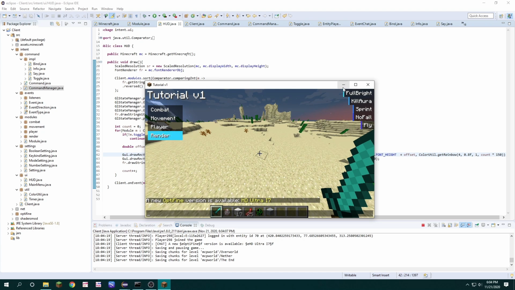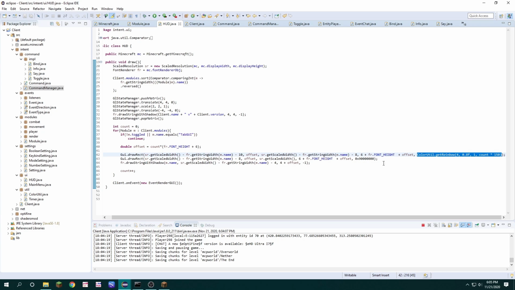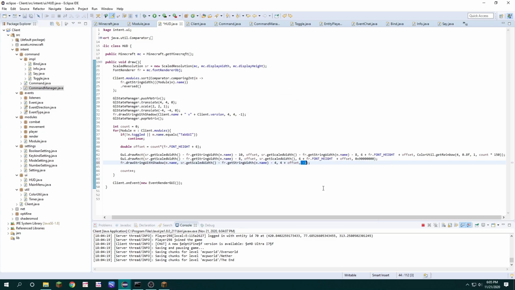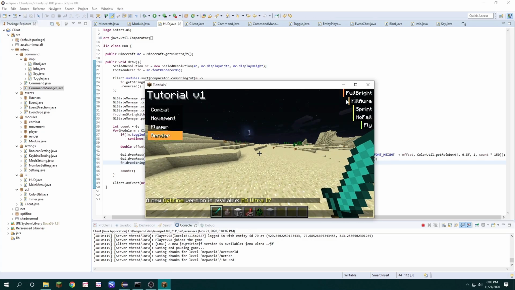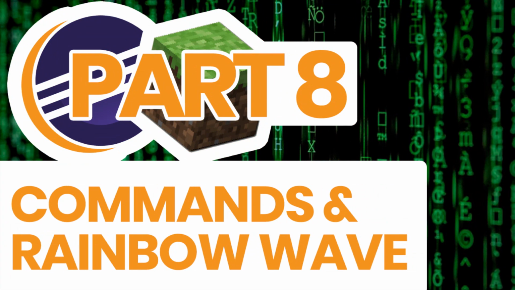Also, if you want to make this text, instead of being white, actually be the same color, you can just copy this method right here and paste it where the -1 is. And then our array list is very colorful instead of having a bunch of white. But that's up to you. I prefer the look of white because it makes the rainbow pop more and it gives the client some color diversity. This concludes part 8 of the